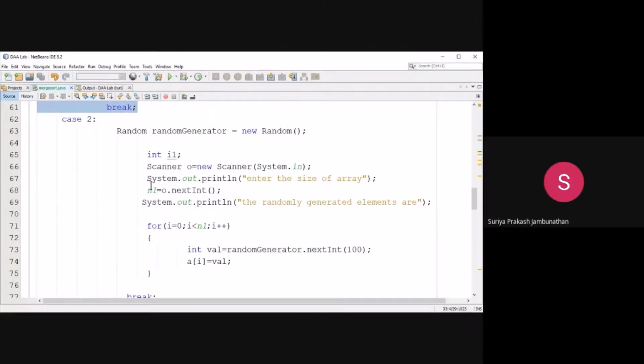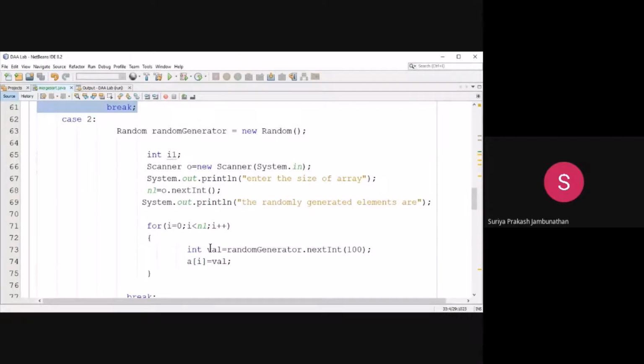So N1 will be holding the 5000. Then the random number generates the elements. The randomly generated elements will be displayed as output. Here it will generate the random numbers. The i value will start from 0, and if you are giving 5000, it will execute until 4999. So until then it will generate the random numbers, meaning 0 to 4999, a total of 5000 numbers.